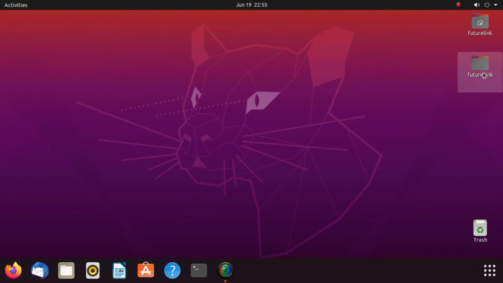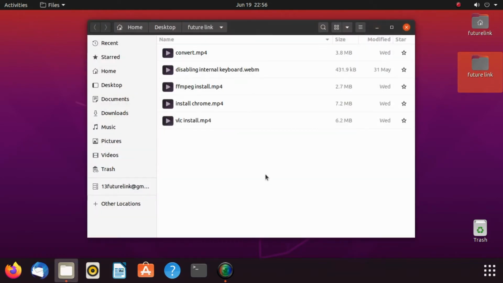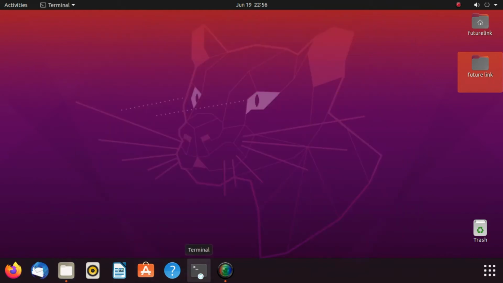And in this video I will show you how to convert video files using this FFmpeg tool. So here I want to convert this .webm video file to Mp4. So for that, let's open our terminal